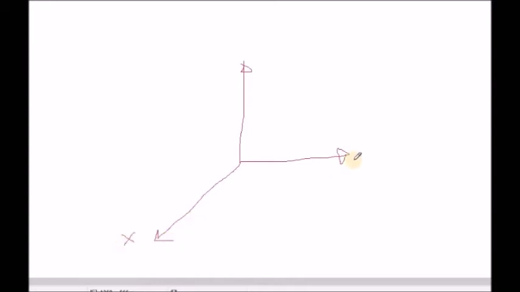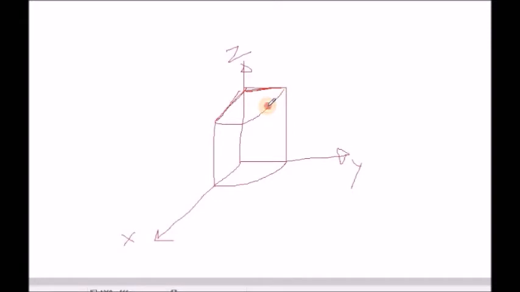This is your x, this is your y, and this is your z axis. Then to draw the cylindrical coordinate system, make a line parallel to y axis, another parallel to x axis, and then parallel to z axis, like this. Now join these ends here and here. So your circular cylindrical coordinate system is ready.